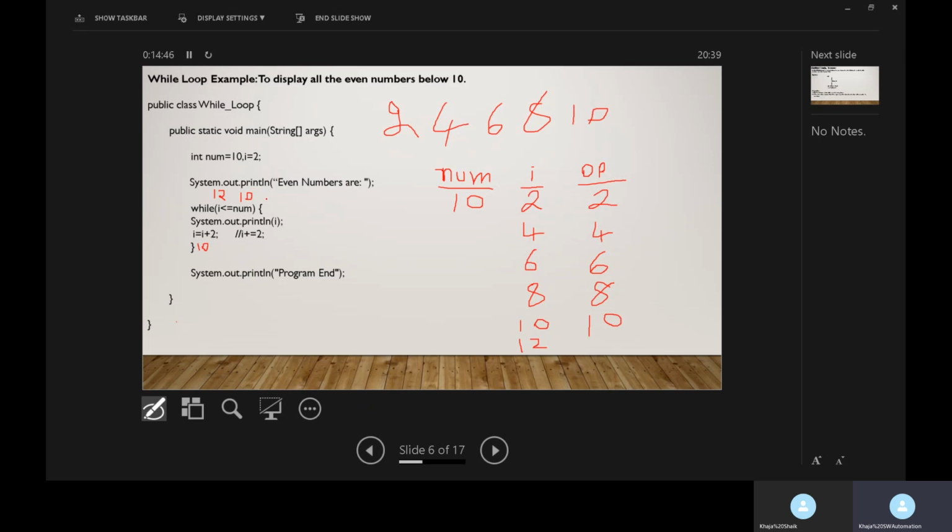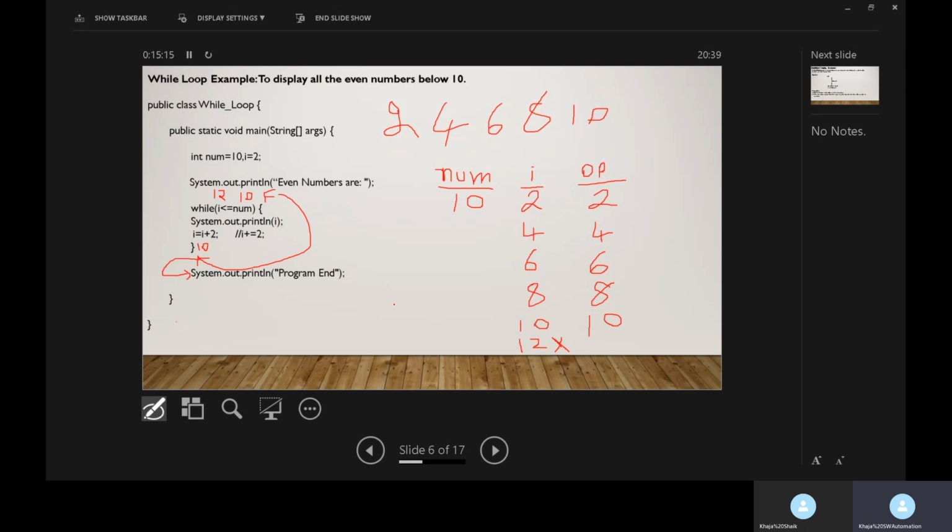When the condition is false, the loop will be terminated and the control will be transferred to the next statement. So when the value of I is 12, the loop has terminated.